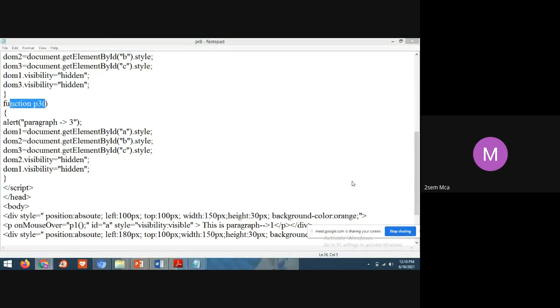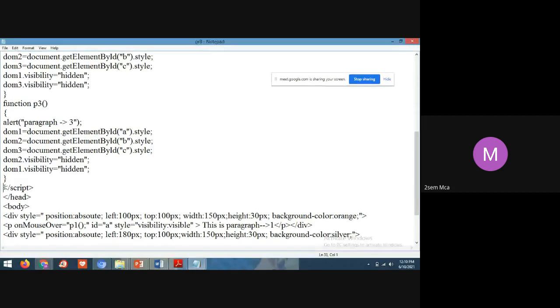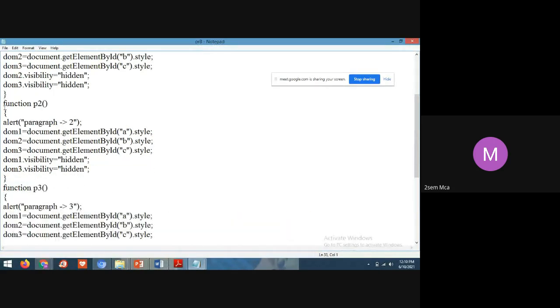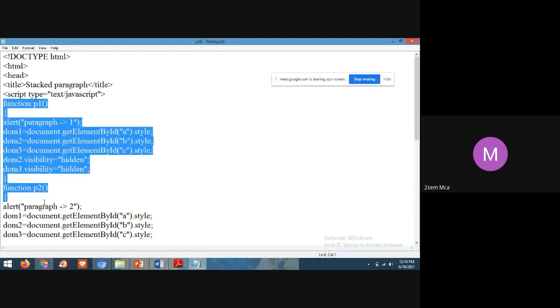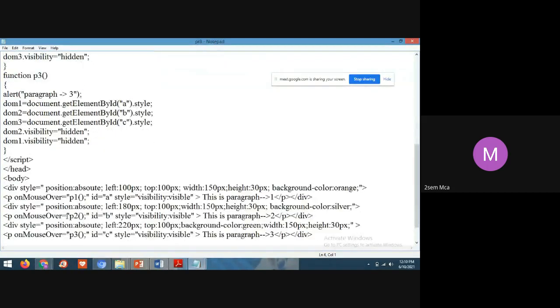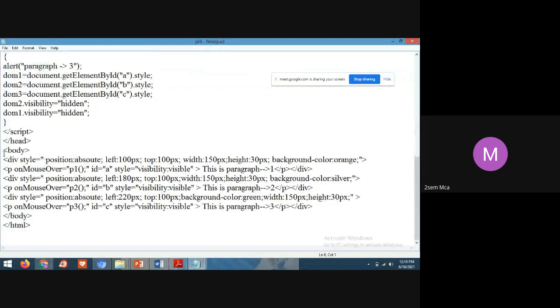So coming to the body tag, the earlier part is JavaScript code, students. These three functions are JavaScript code. Coming to the HTML code, that is the body of the program.